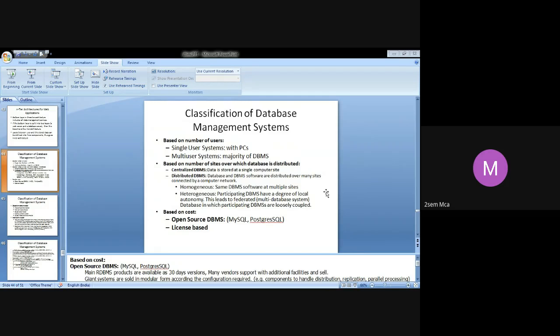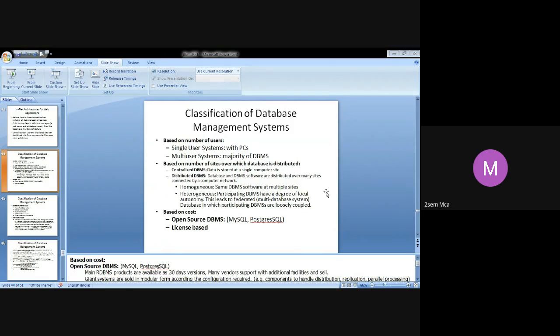So what are the different classification criteria that we saw? The first one is based on data model. Data model means you can have a DBMS based on the hierarchical or network data model, a DBMS based on the relational data model, or a DBMS based on the object-oriented data model. That is the first classification of DBMS. So the first criterion is based on the kind of data model that they have.